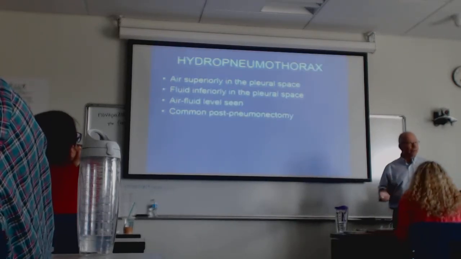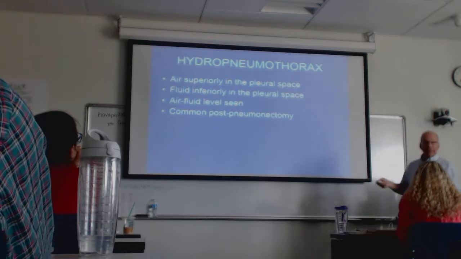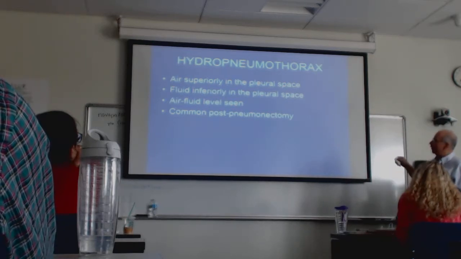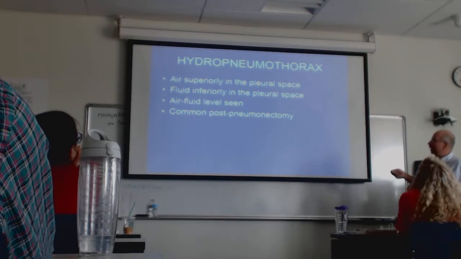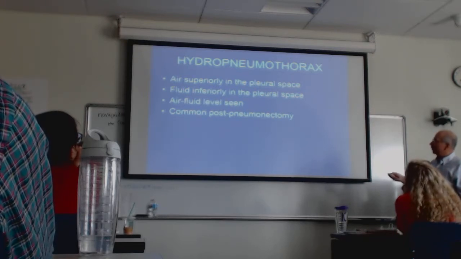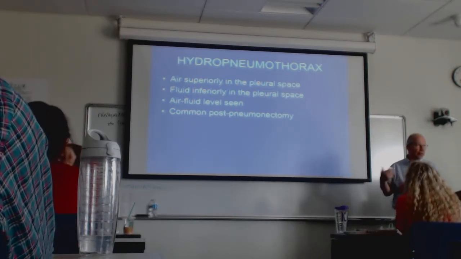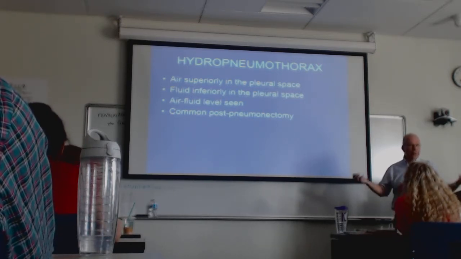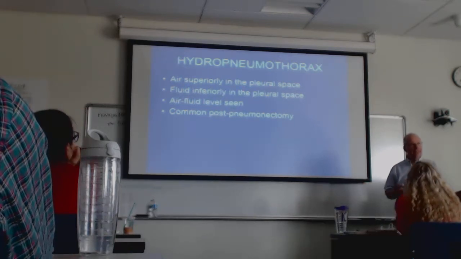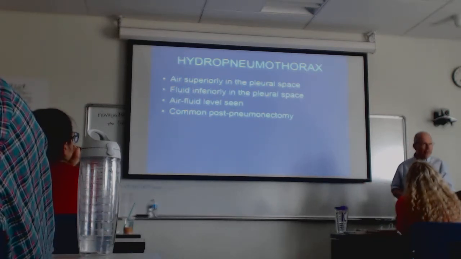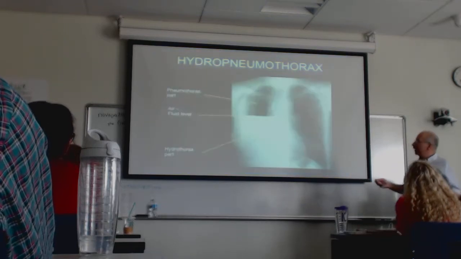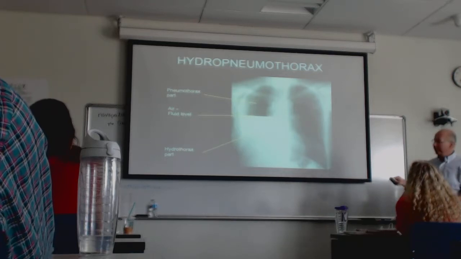Sometimes you get air and fluid in the pleural space, and then it makes for some very interesting pictures, because you will see an air-fluid level in the pleural space. That air-fluid level is really an important thing to see. This is sometimes what you'll see after someone's had a partial or a complete pneumonectomy where their lung has been resected. You open somebody's chest to room air, take their lung out, close their chest back up, there's still going to be room air left in that chest, and there's going to be fluid and maybe a little bleeding. So you sit that patient up, and what you get is